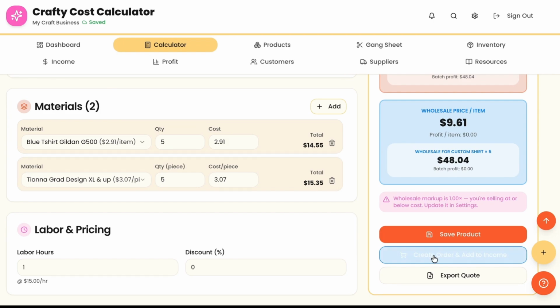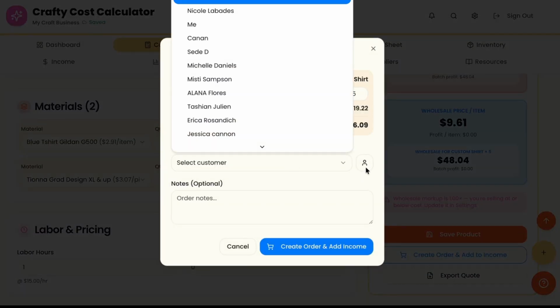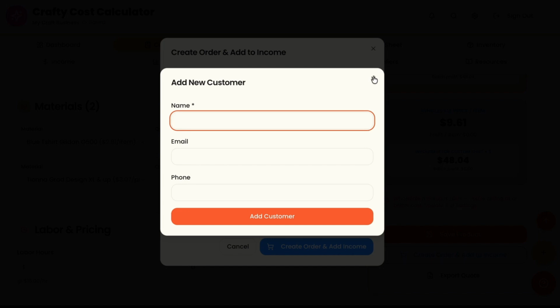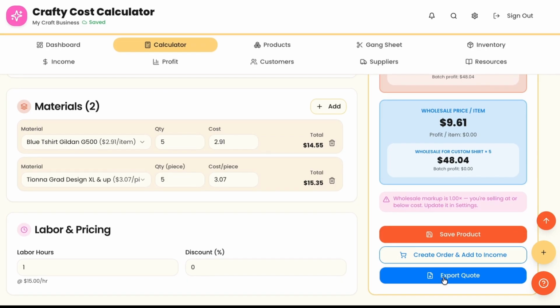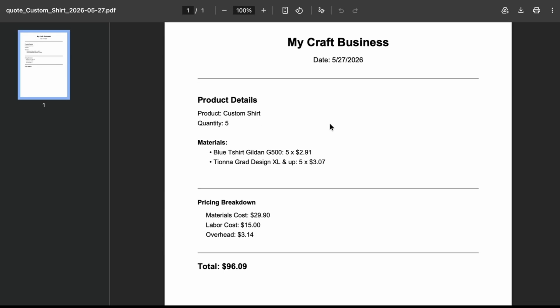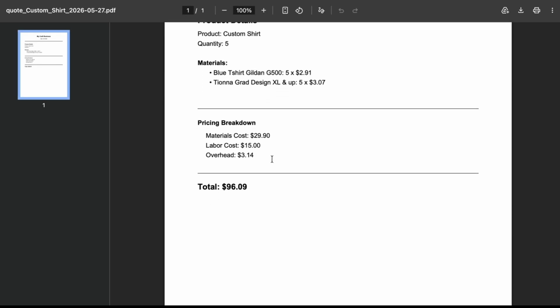You can create an order and then add to income. So you can select a customer or add a new customer. If you're creating an order and adding to income, I wouldn't use this feature until you've been paid for that order. And then you can also export a quote, and that downloads a PDF. It'll have your name on it, the date, and then all of the details that you filled in there on